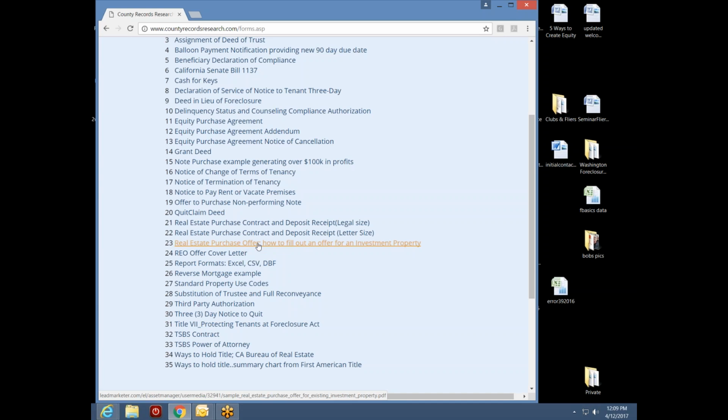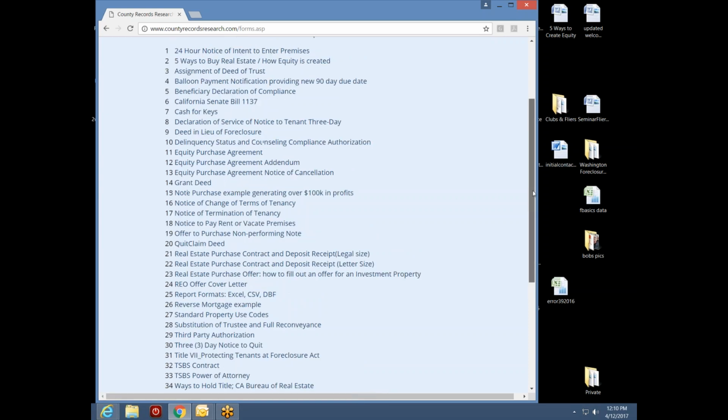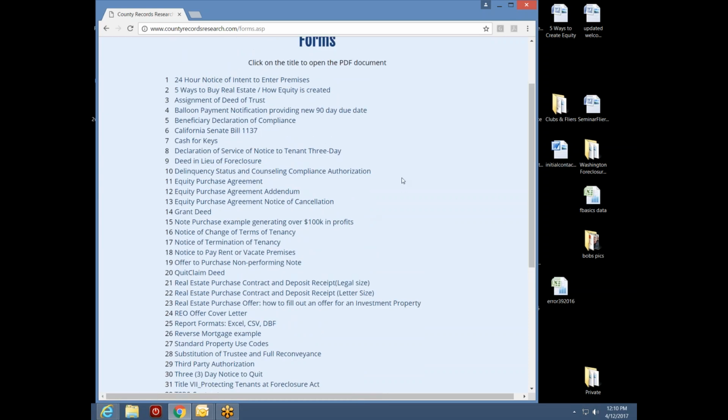And then if you need more help, just give us a call at the 800 number, and we're glad to help you and coach you through the process. You'll notice there are a lot more forms here. And as you have needs, call us up. We'll talk to you about the different things. 24-hour notice to enter a premises. Kurt's 5 ways to buy real estate if you just want to refresh on his 5 ways to buy. And a variety of other documents are here, including an offer of cash for keys. So there are different things you might need in here. There are a lot of records you might never use, but it's up to you.